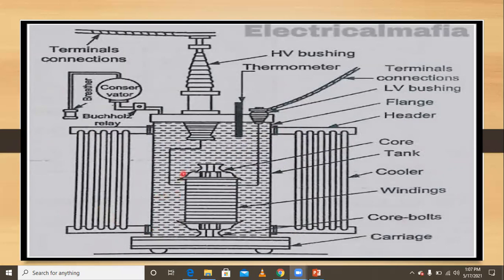Understood, everyone? So the transformer winding is placed here, operating throughout the day, that is, 24 hours. Because of that, the heat is increasing, because of I square R loss, the winding loss. Because of that heat, the transformer winding and the transformer oil are also heating up. The heat is dissipated into the atmosphere by using these tubes, so in this way the transformer heat can be decreased.